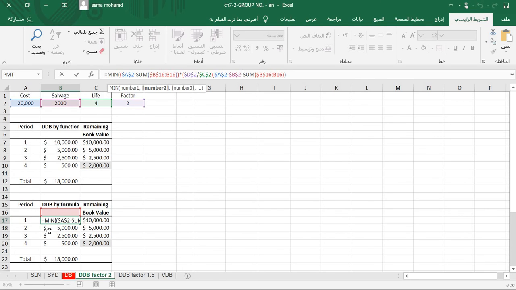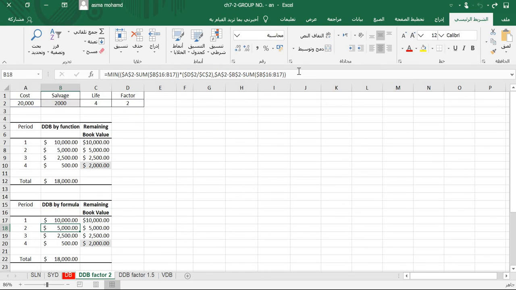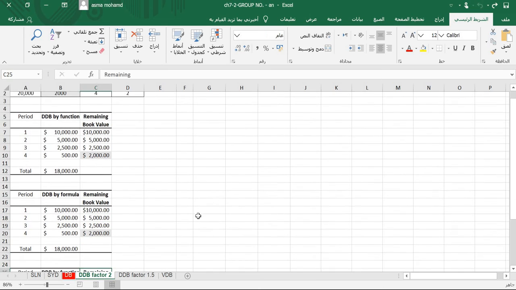It will be added here. The remaining book value has been calculated the same as here. Now we will go to the